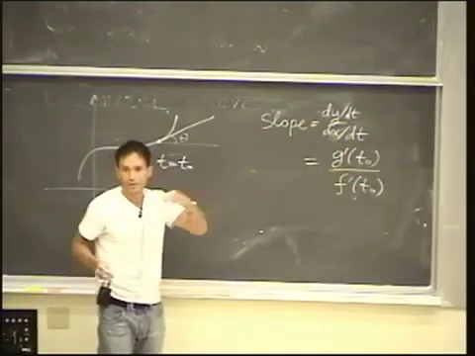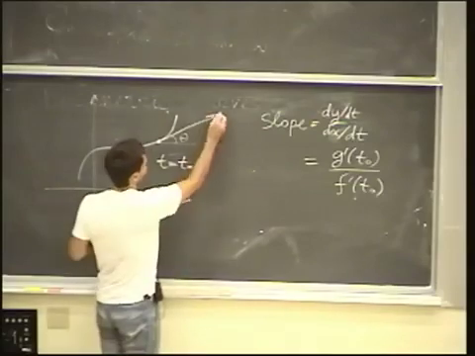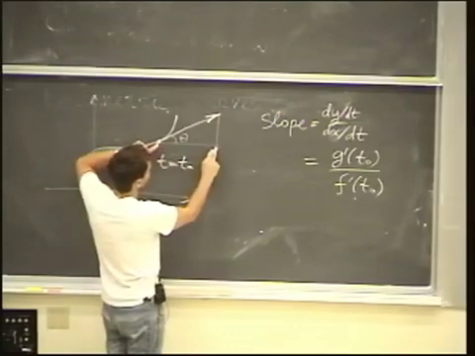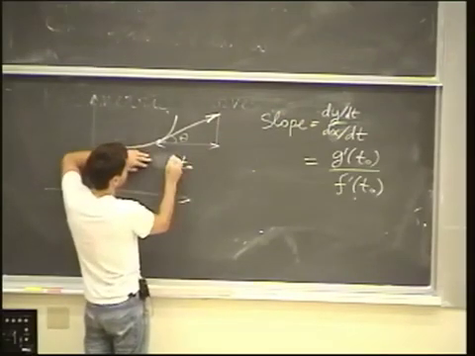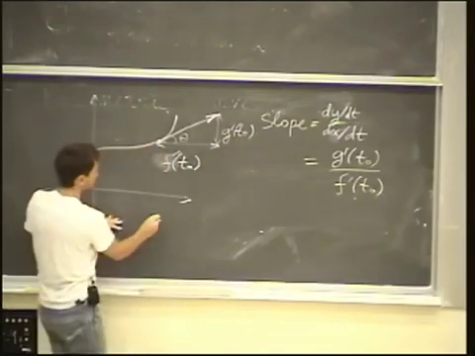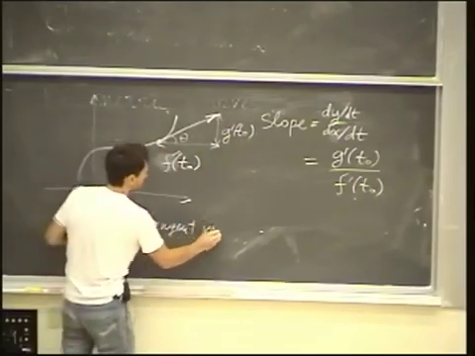And now I just want to show you that everything is consistent, because now we actually give more detailed information, not just the slope, but actually the tangent vector itself. And what I'm saying is that this vector has two components. The horizontal one is f prime of t0, right? And the vertical one is g prime of t0. So in fact, the tangent vector is